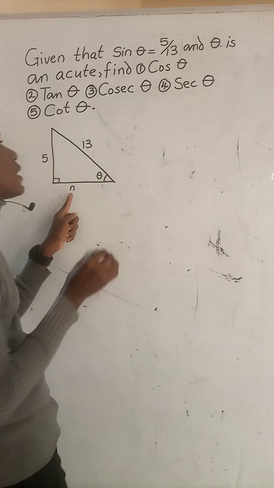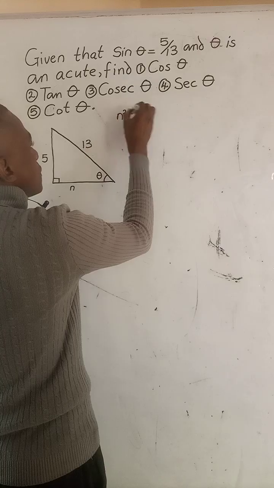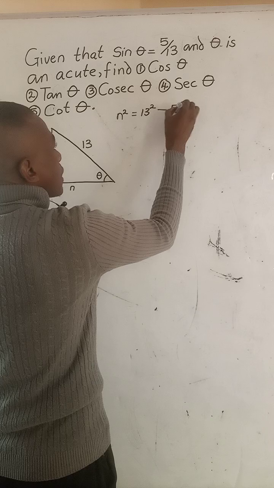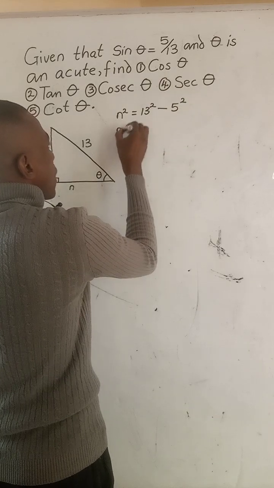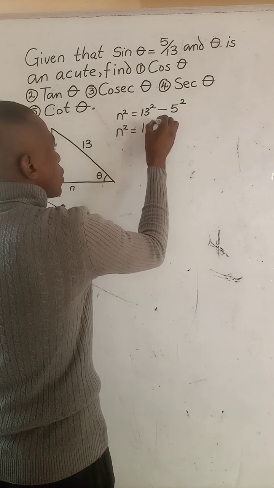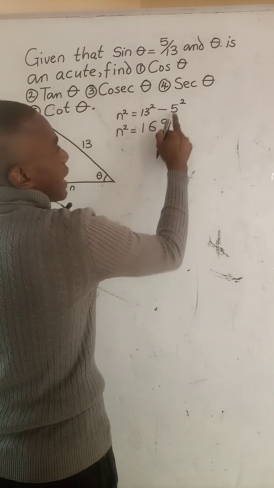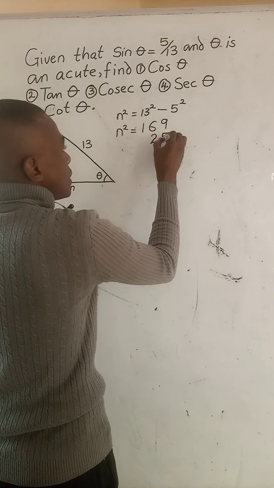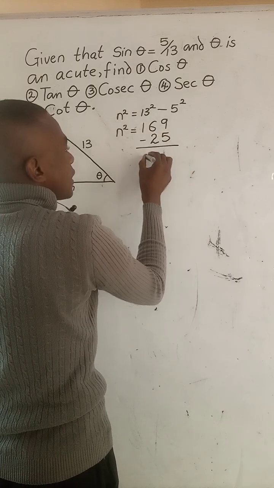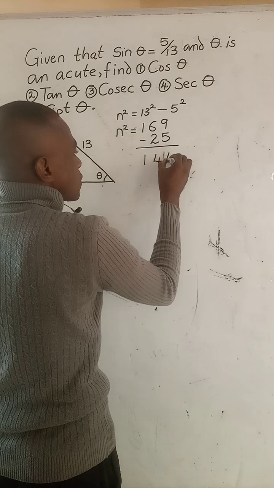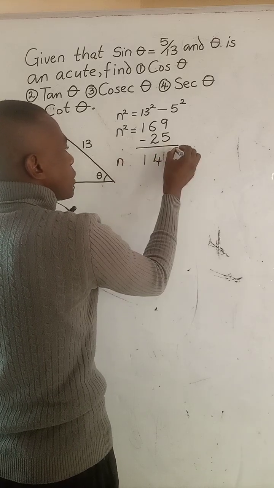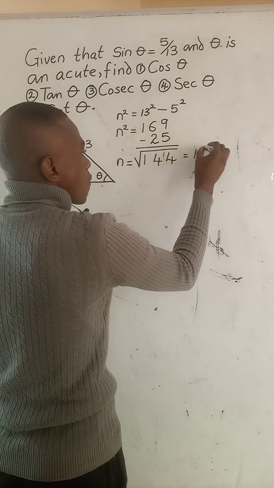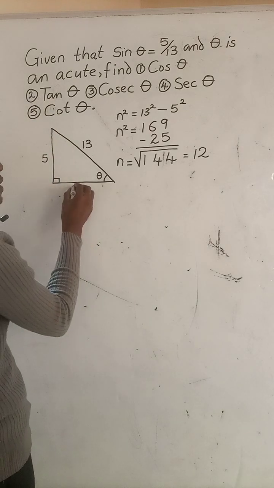I can label it n, and it will become n squared is equal to 13 squared minus 5 squared, which is n squared is equal to 169 minus 5 times 5, which is 25. So when you deduct this from 169, it will give us 144. Now n will become the square root of 144, which is 12,